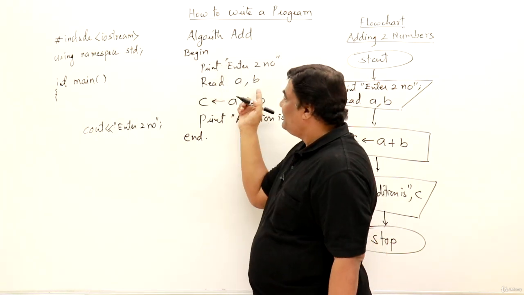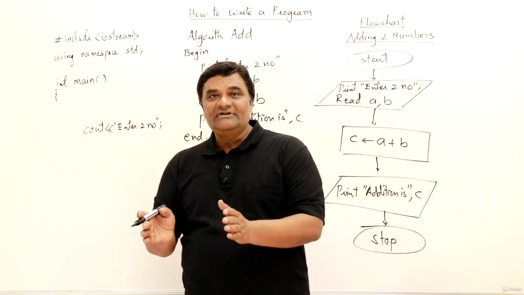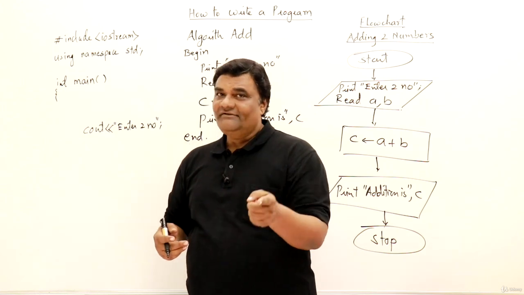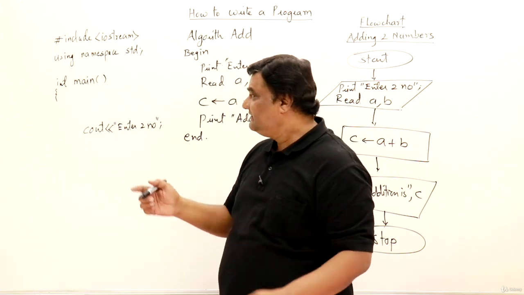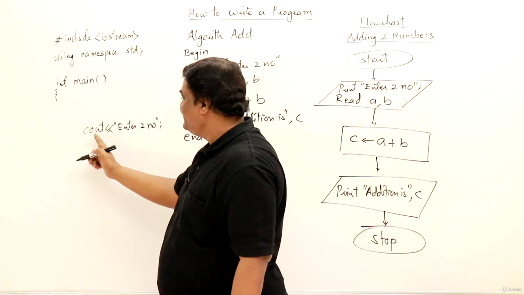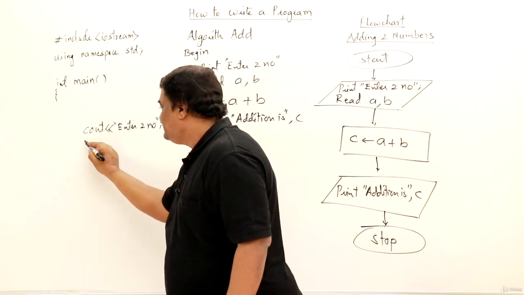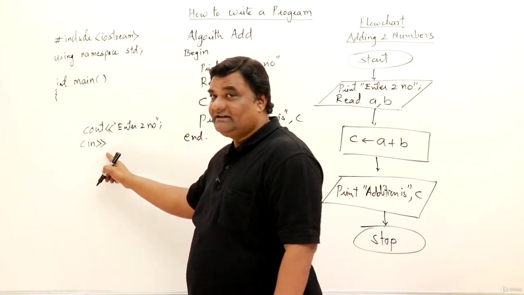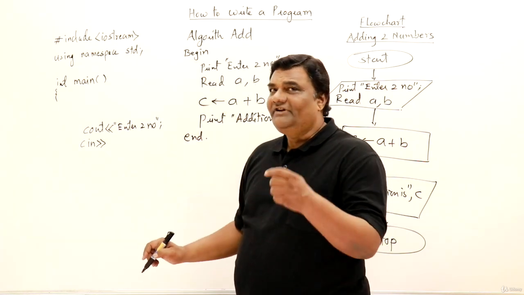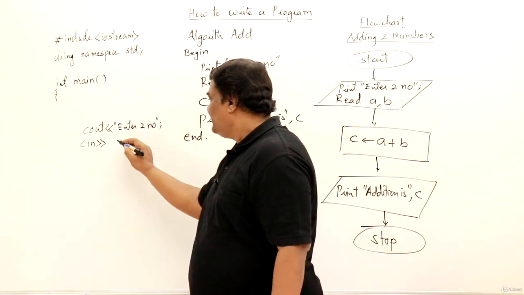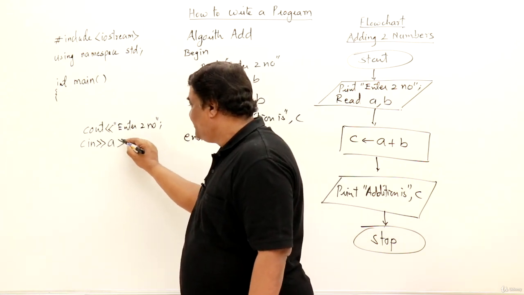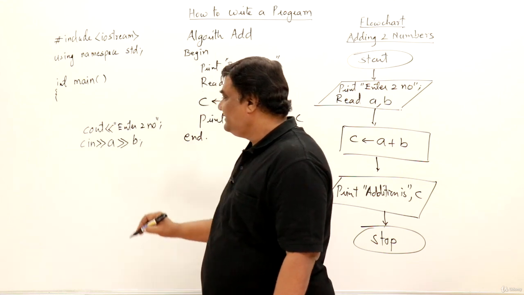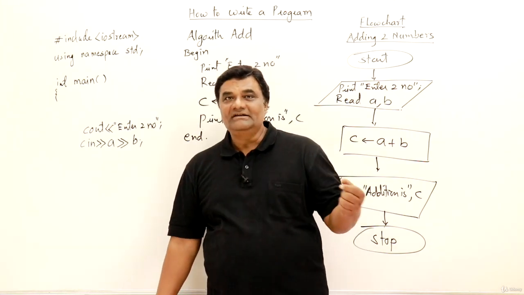The next thing, read A and B. A program will read some numbers or data from the keyboard. For that, we have an object called cin, and that is present in std. This cout and cin are present in std. So cin, and for reading anything I have to use the double greater than symbol. Now where do I have to read it? In variables A as well as B. Don't give a comma, again give the greater than symbols and write another variable name B. So cin A, B.